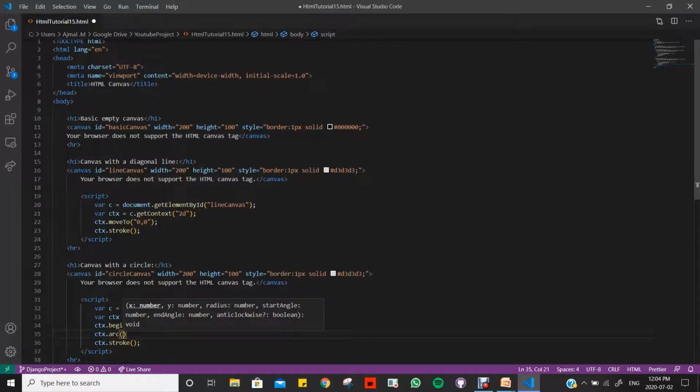Then we need to give it certain values to draw the shape of a circle. So that would be 90, 50, 40, 0, 2 times this math function,